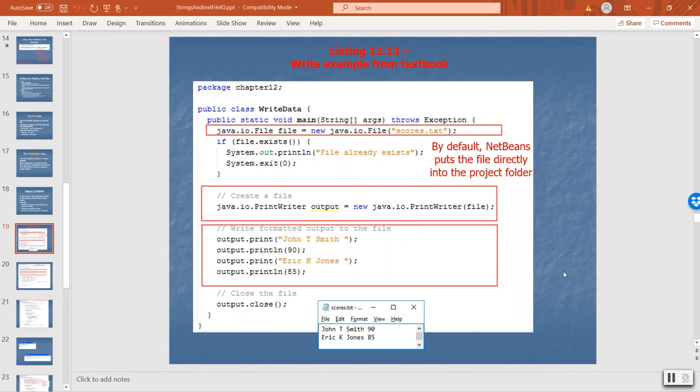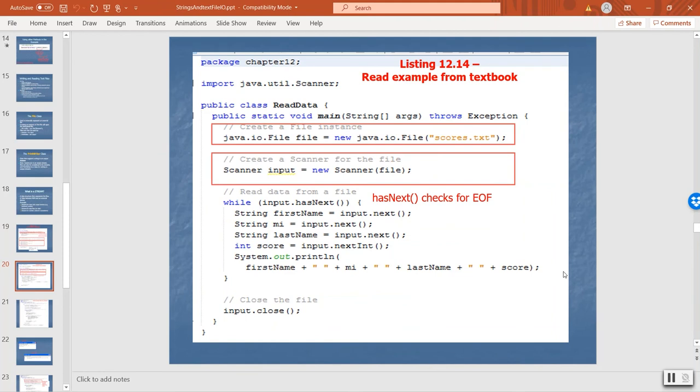And for the read, again, they chose not to do an import, but notice that they did import java.util.Scanner, so I didn't have to say java.util.Scanner input equals new java.util.Scanner. That's the advantage of importing. But in all these cases, we're instantiating. We're instantiating a Scanner object by invoking the Scanner constructor. We're instantiating a File object by invoking the File constructor. So this time, we created a file,